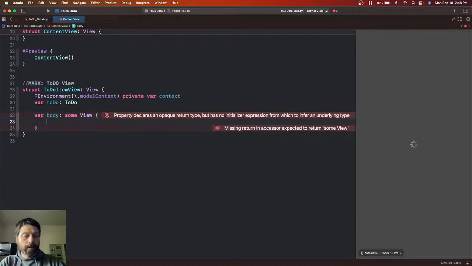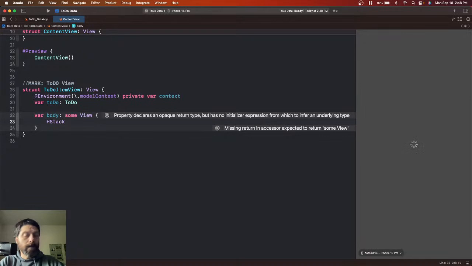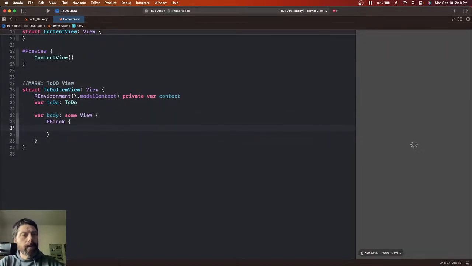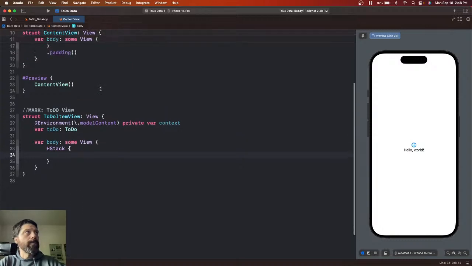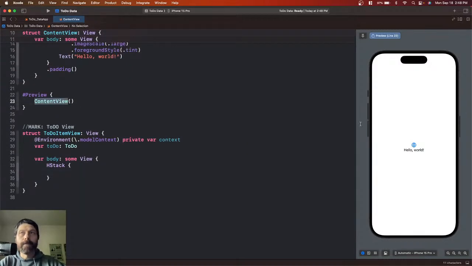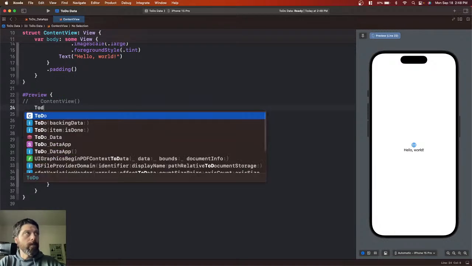And in here, we're going to create, like I said, I think we're going to create an H stack. Hit enter there. I don't think we'll do anything special with alignment. Inside of our H stack, we will, nope, see now we've got hello world popping. Oh, because our content view here is previewing that. If we wanted, we could go comment that out, and then we could just go to do